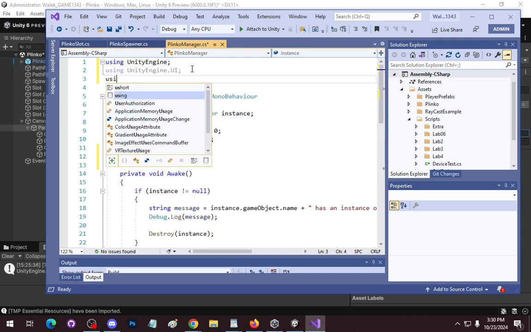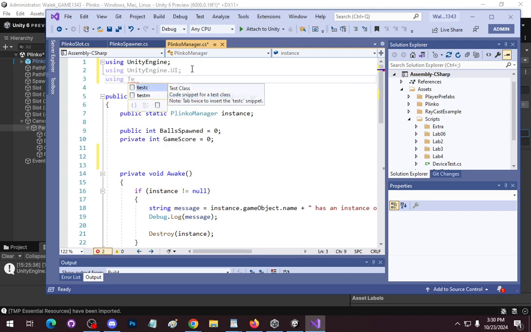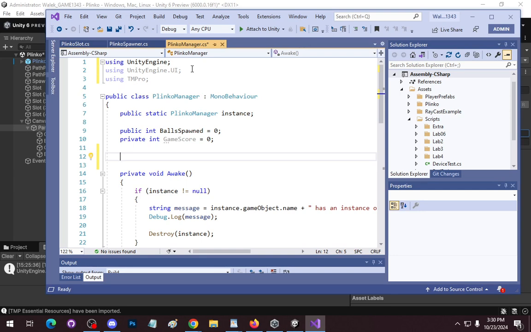We may actually need to be using, yeah, TM Pro. There we go. So the text that we're using is part of TextMesh Pro. The fact that it is still not integrated into UI is what the heck, Unity. But let's move on. So what we want is a Text Mesh Pro